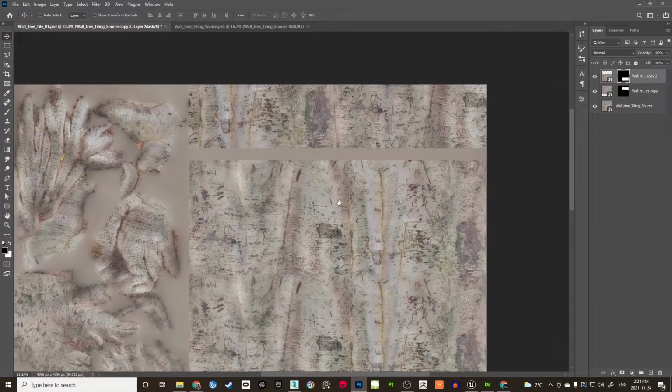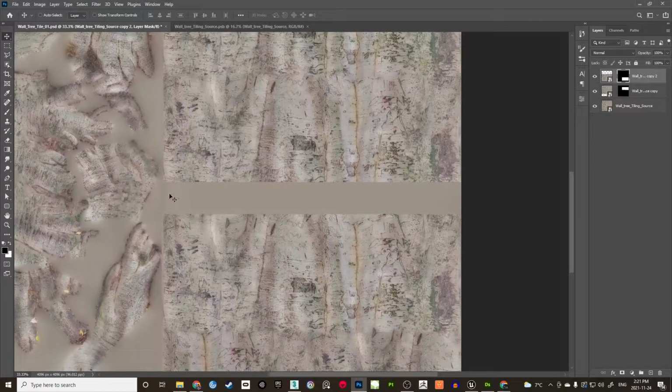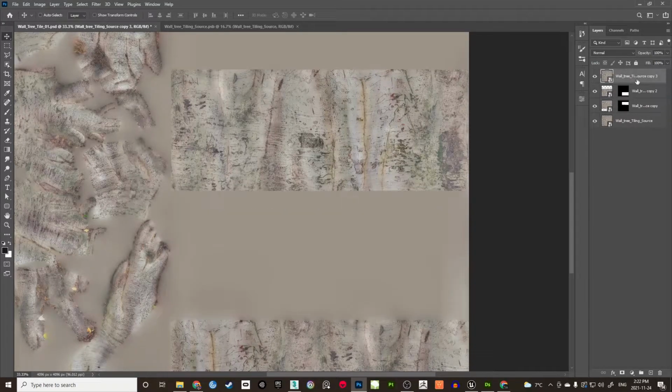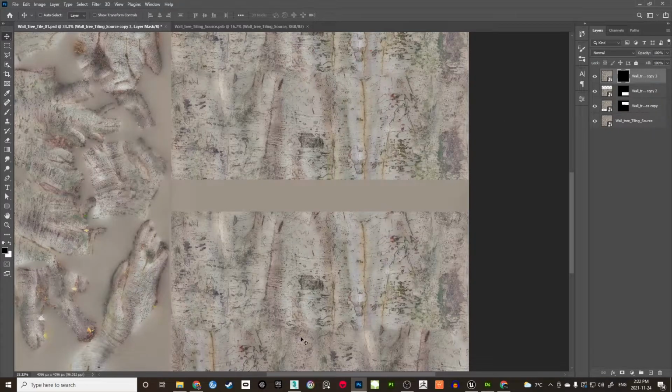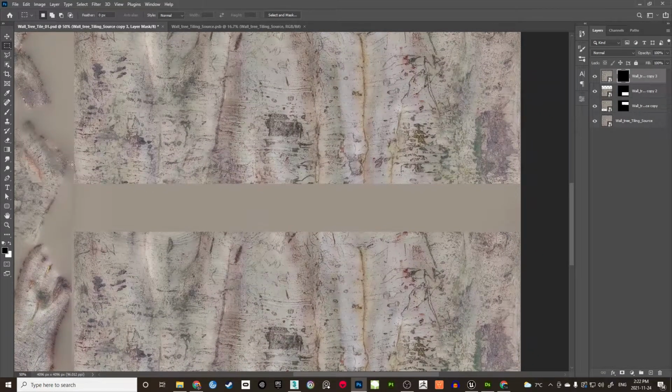Now we will fill these remaining holes here. The first part is to do this one. Let me make another copy of this layer and move it to the top. Don't worry about this because it is on top now. So you do a layer mask, unlink. Now fill with black, then select this section. It is the same repetitive process, but you're just doing it again and again. That's all. So this one, select here, fill with white,